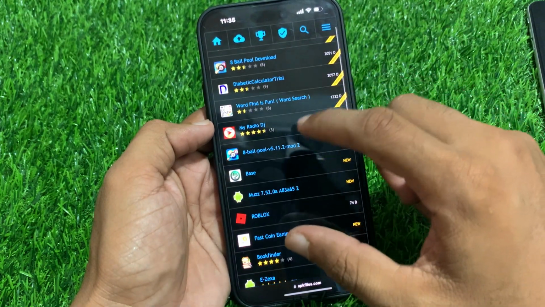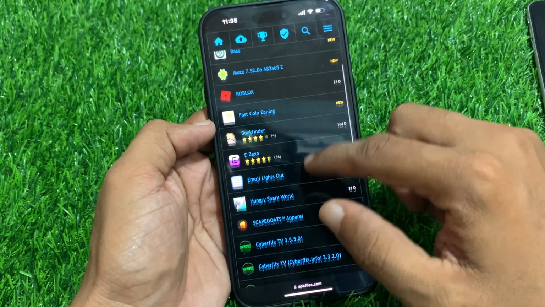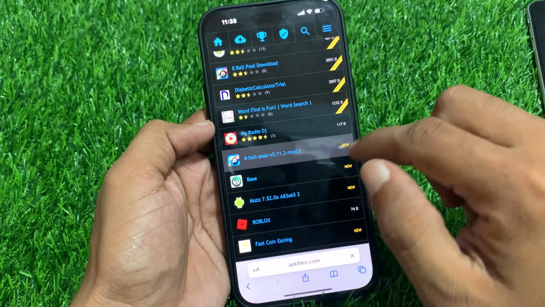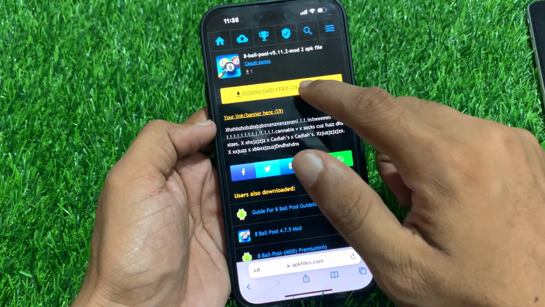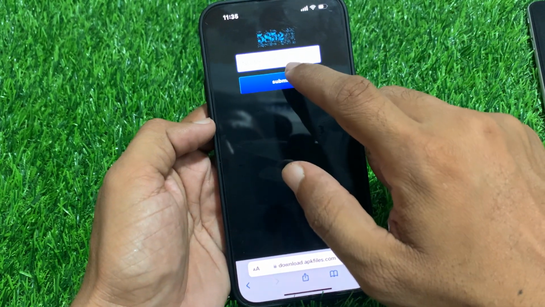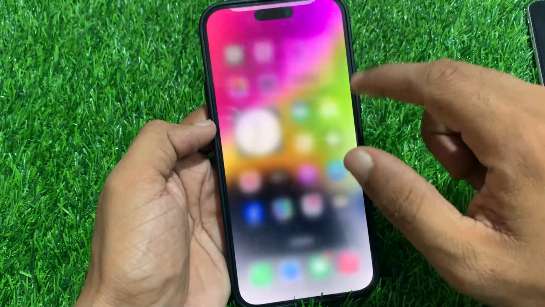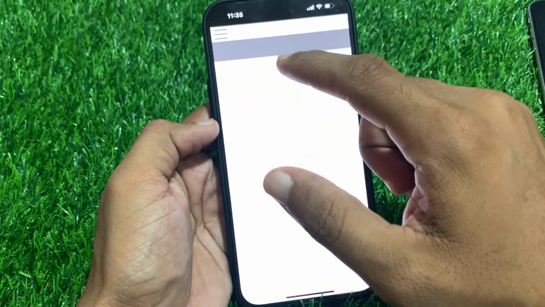Here you can see many, many APK files. Tap on this 8 Ball Pool. Here you can tap on download free, and now you can see here you can tap a number and submit, and go back and again open the APK downloader, and the